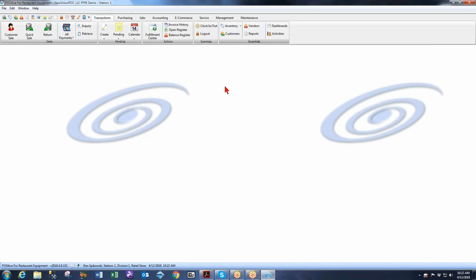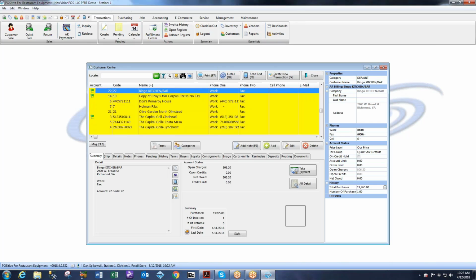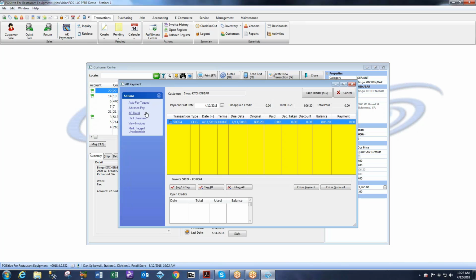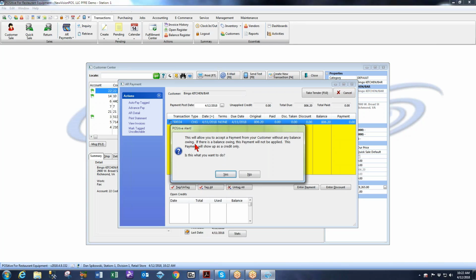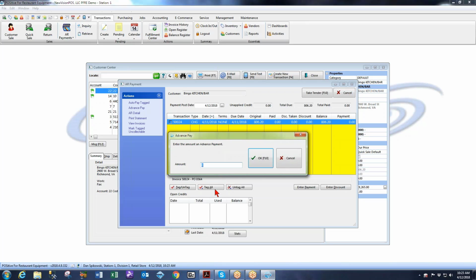So I go to my customers and I go to the Bingo Kitchen and Bar. That's the name of my customer. And I go to the Take a Payment tab and I select Advance Pay. So this will allow you to accept payment from your client without any balance owing. So we'll say okay, I want $50,000 down